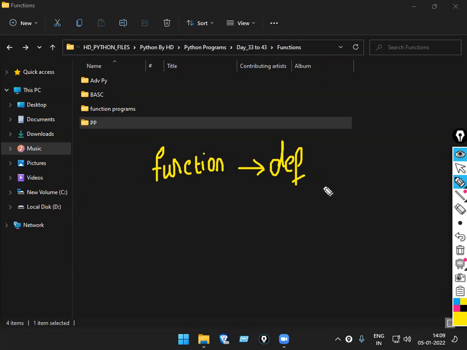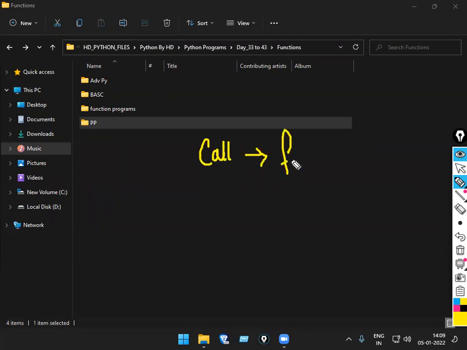Anywhere you see the word def, it is a function. A function gets executed only when it is called. If I don't call the function, it does not get executed.